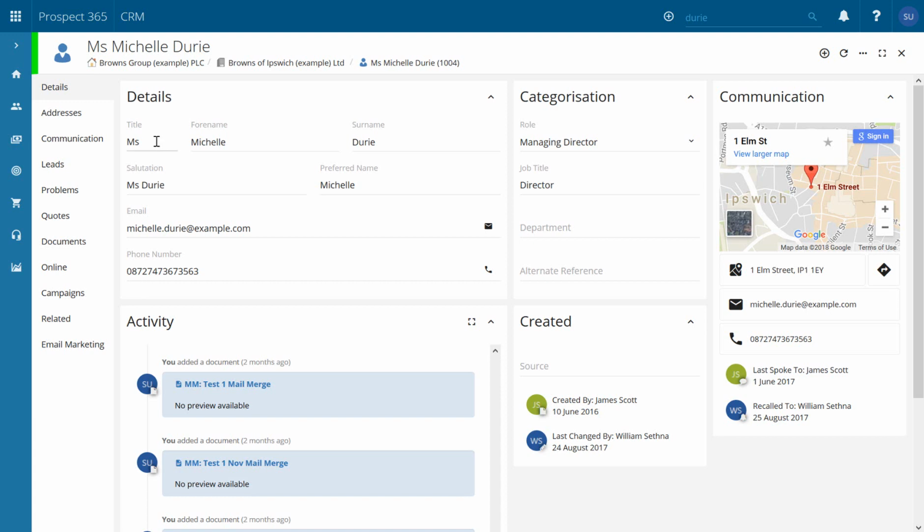So you can see here we've got our title, forename, surname, preferred name, email address and phone number. And if we need to change any of these, it's just a case of going in, altering the details, and it automatically saves that information back into the CRM. And anybody can alter any records within the CRM. So if somebody else was to now access this record, they'd see our newly updated email address with .co.uk at